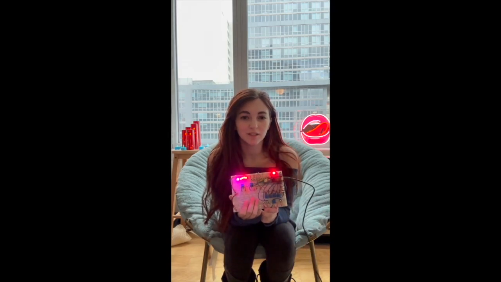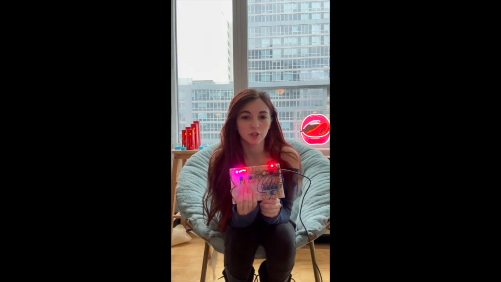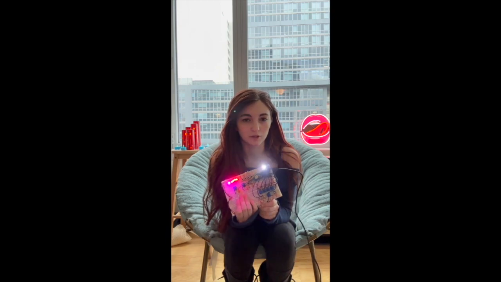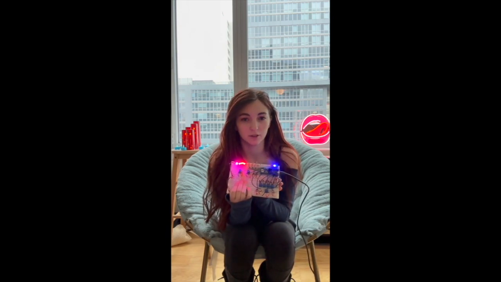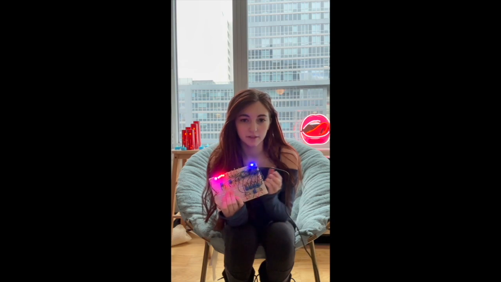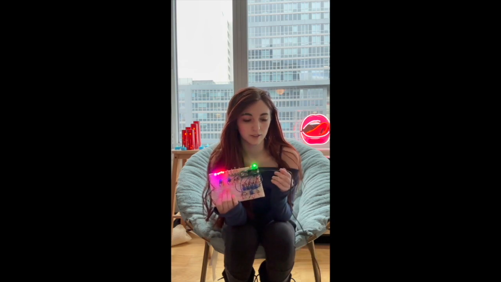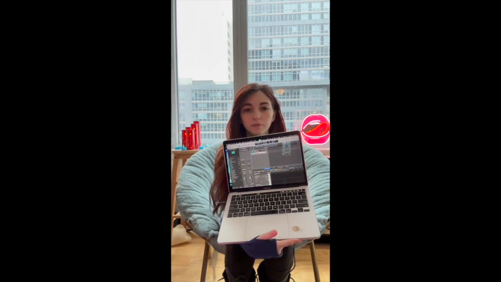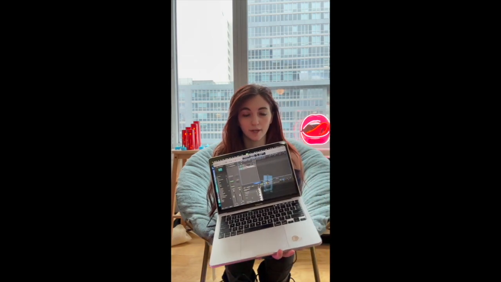Hey guys, so here's an in-depth look as to how this multi-channel, multi-instrument sequencer actually works. Now by itself, it doesn't make any noise, as you can hear right now, because it only uses MIDI data. So it sends that data to your computer. So right now I have Logic open. I'll go more in detail about what I have open on my computer after I show you the functionality of